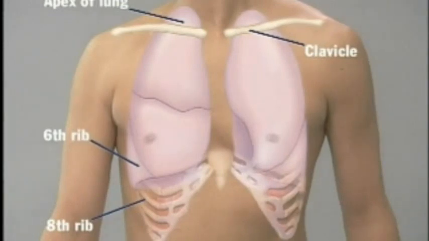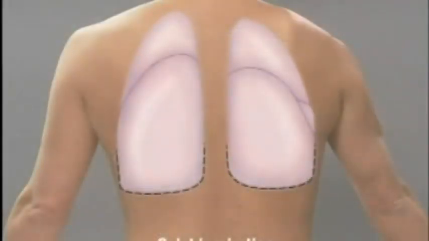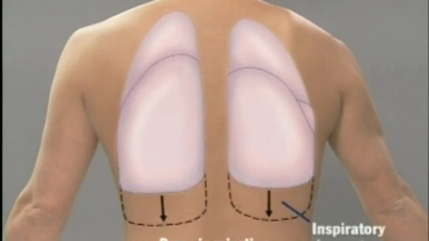When examining the chest, it's helpful to visualize the underlying lungs and their lobes. Anteriorly, the apices of the lungs usually rise 2 to 4 centimeters above the inner third of the clavicle. The inferior border of each lung crosses the 6th rib in the midclavicular line and slopes downward, crossing the 8th ribs in the mid-axillary line. Posteriorly, the lungs extend from above the scapulae to about the level of T10 on quiet inspiration and to T12